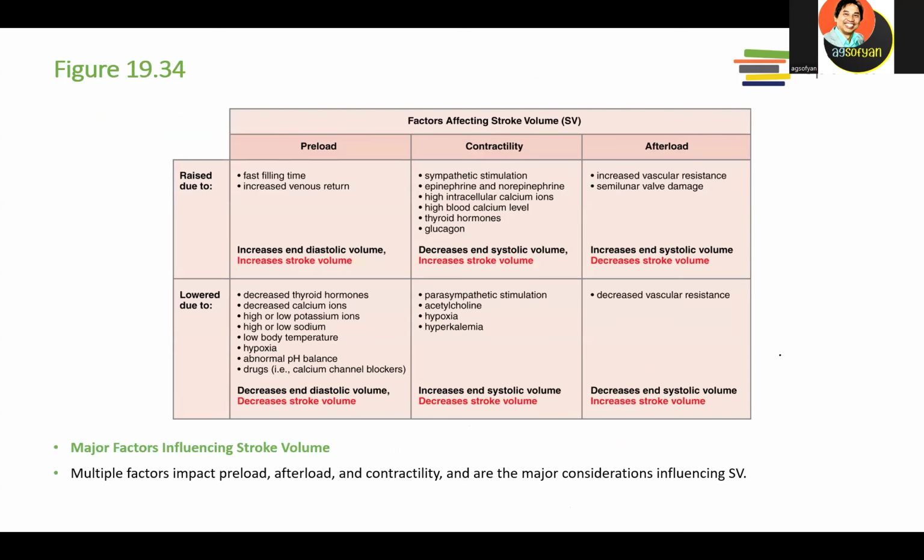For example, when you are expecting to do exercise, usually your heart muscle will be faster. Because what? Because the sympathetic nerve at that time will be kicked off. The same thing when you are trying to sleep, going to bed, for example, your heart contraction may be slower. So there are some factors. You can read this table. You have it in your PowerPoint. Some factors that cause the heart muscle to be slower or maybe faster.